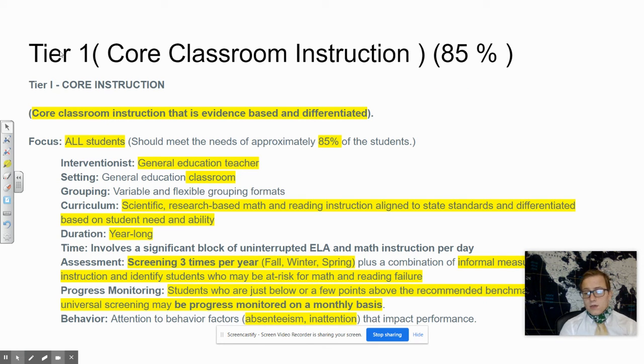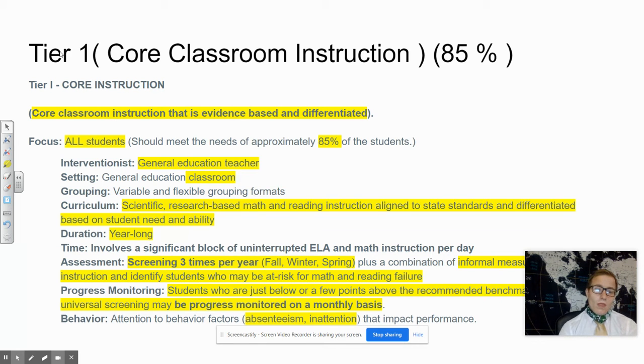So in tier one of an RTI system, this is about 85% of our students. We're going to make sure that it meets the needs of approximately 85% of the students. The interventionist is you, the general education teacher. Its setting is the general education classroom. It's variable and flexible grouping formats, and with COVID, of course, we're looking at maybe grouping formats online, like breakout sessions,